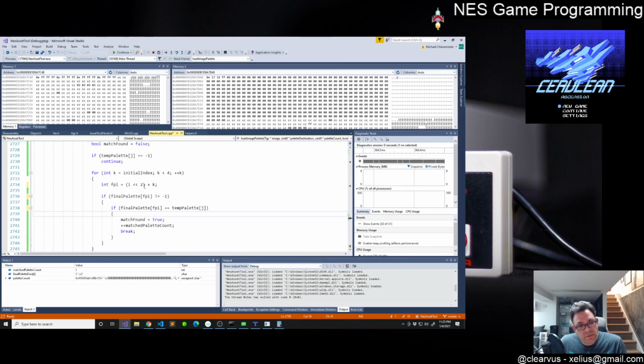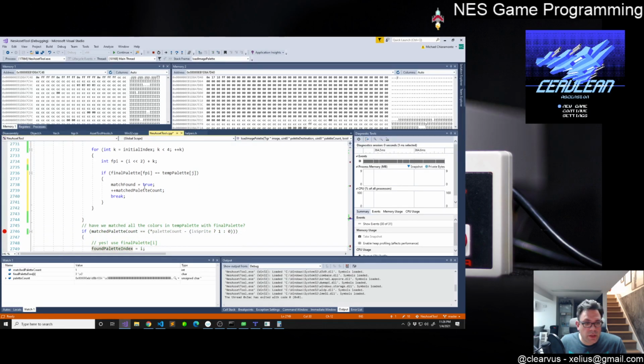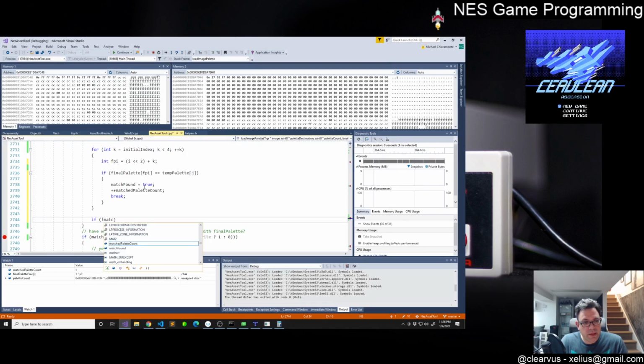So if the final palette is a number that's valid, I actually don't... Maybe, you know what? I don't even care. Does it match or not? If it does match, then great. We won't be checking for -1s on the temp palette. If it doesn't match, then we have our logic here that says if we didn't find a match,